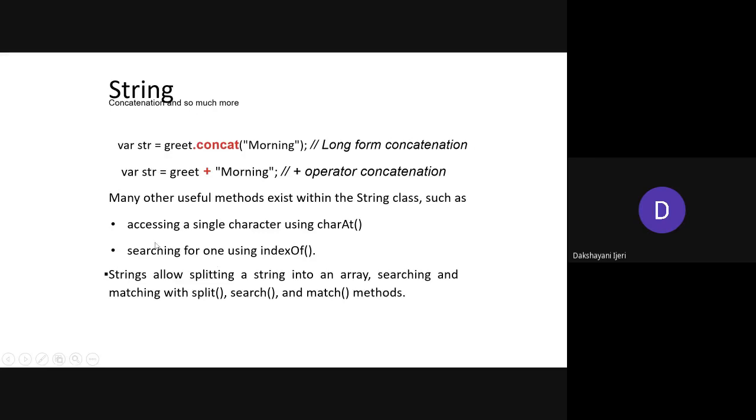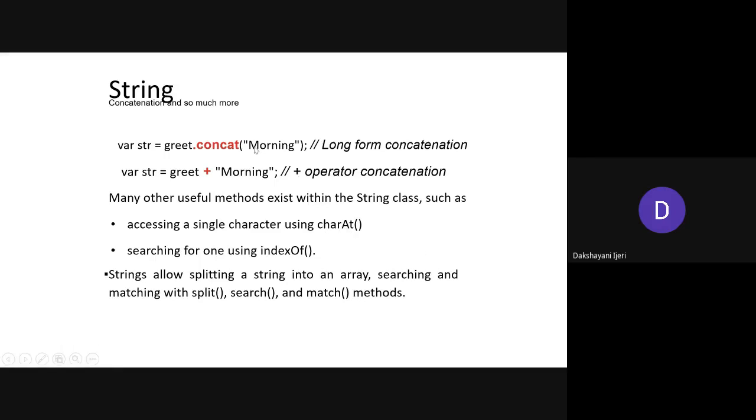Okay. A few more methods that you can use on a string is charAt. It takes the index value as a parameter. On the string object, you have to pass the index value, which will give you which character is present at that particular index.